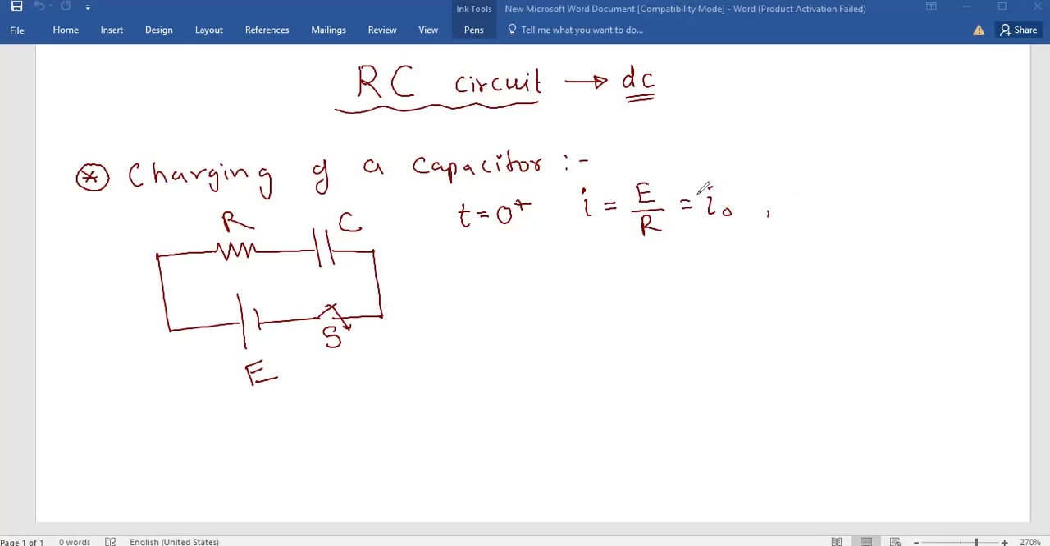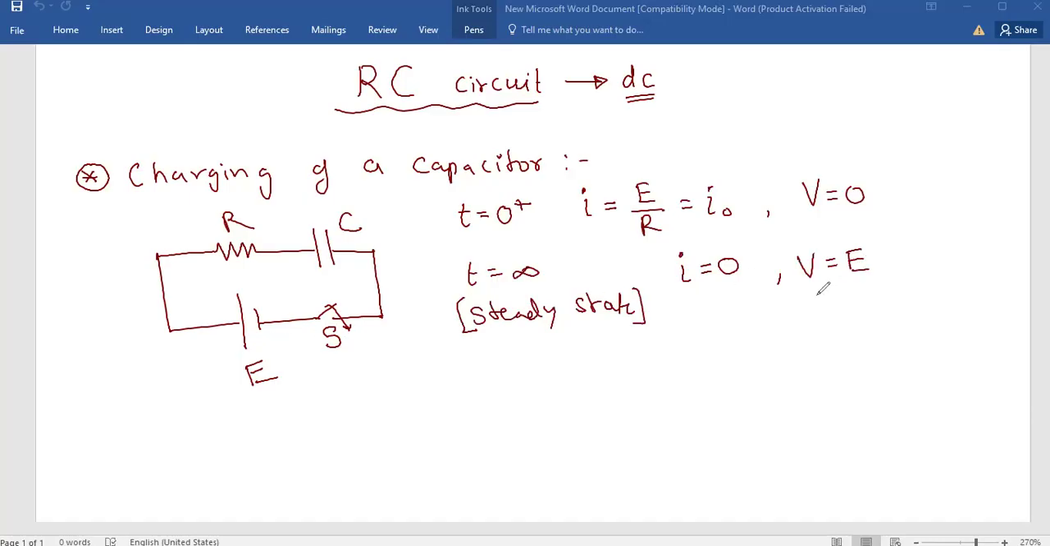And the voltage, if we look into this, voltage will be 0 at t equal to 0, and at t equal to infinity, that is in steady state, we have seen that current reduces to 0 because the capacitor-containing branch acts as an open circuit. So current was 0 and the voltage across the capacitor will be maximum, which is equal to